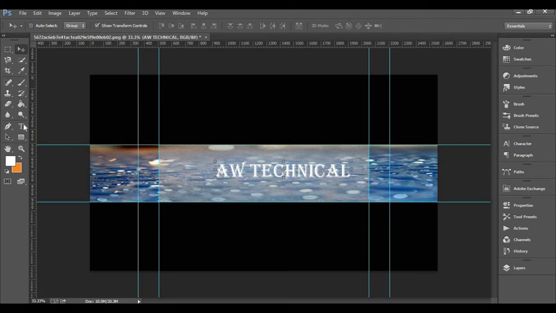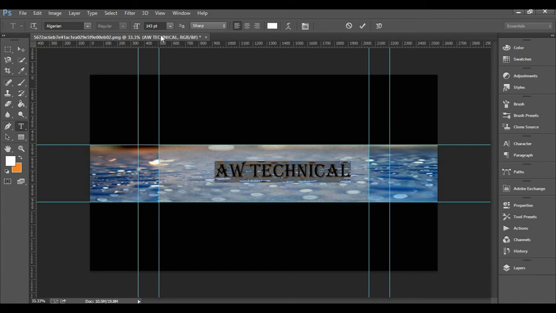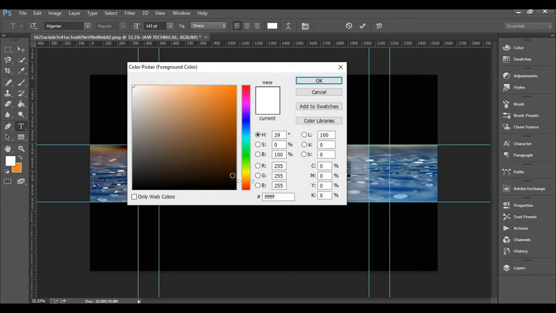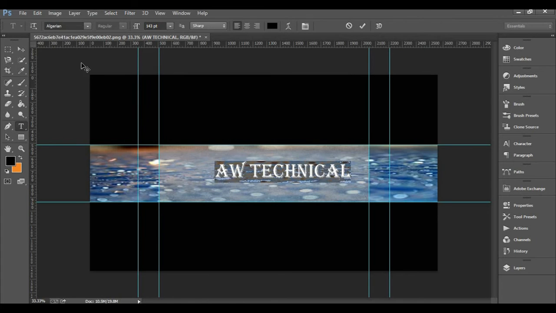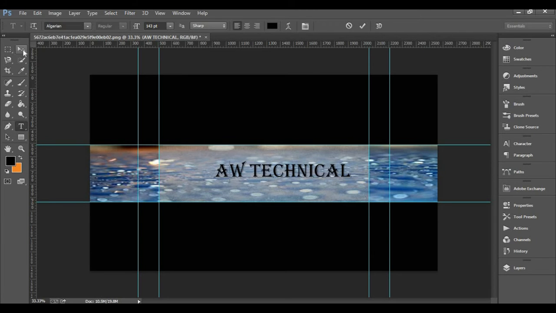Now I will change the color of the text. It is already white, then I will change it to black. So select here and OK. Now you have black color.